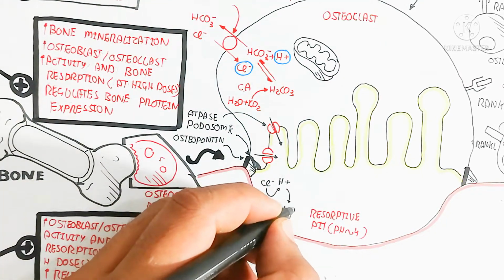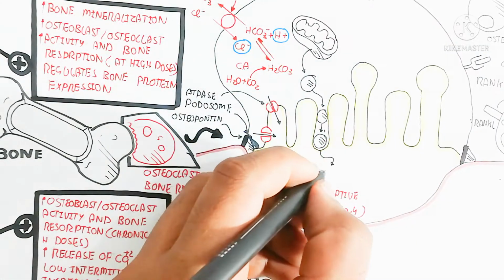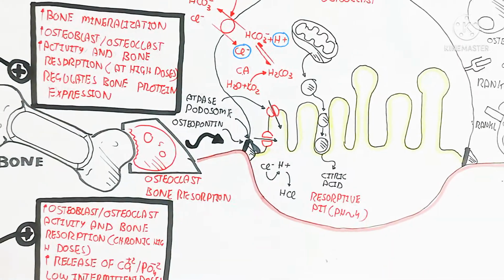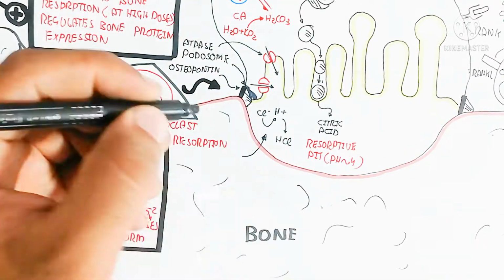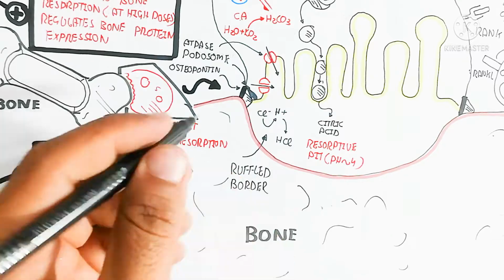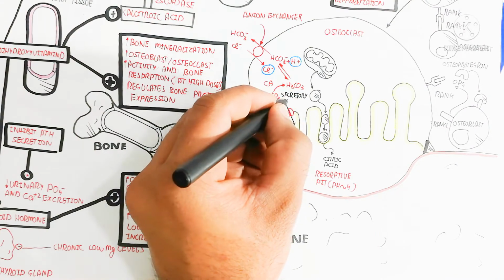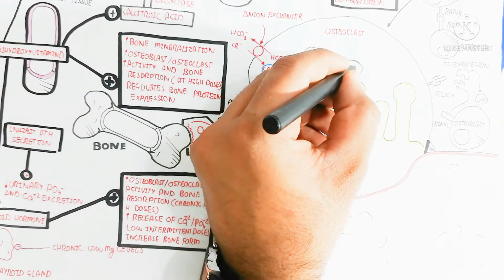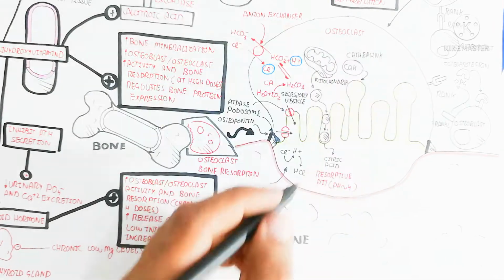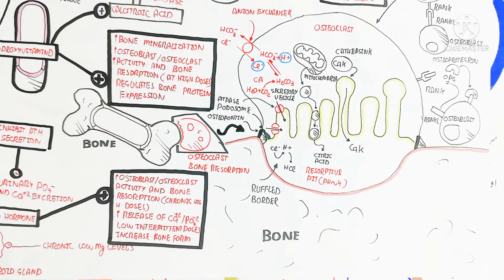Remember that here you can see the podosome formation and the osteopontin. This osteopontin and podosome will not allow the acid to move outside, because this is an acidic environment. The ruffled border is present where the binding occurs, and a pit-like structure is present, and the mitochondria will release the secretory vesicle, which also contains acid. Cathepsin K is also a protein that will move into the resorptive pit, where the resorption of the bone will occur.